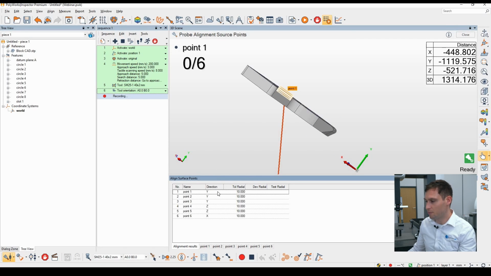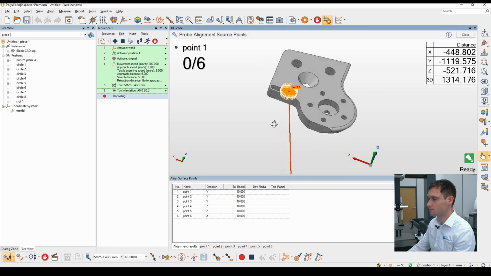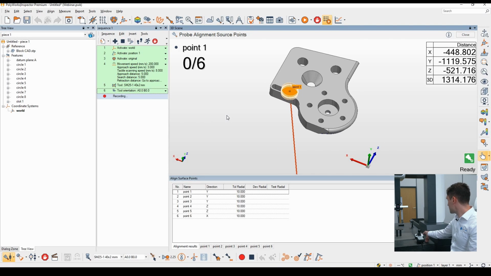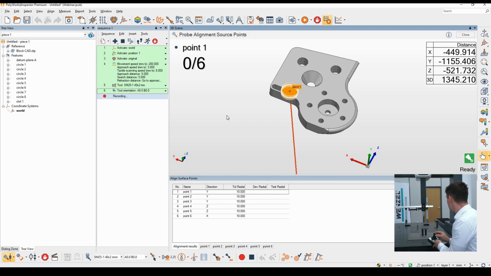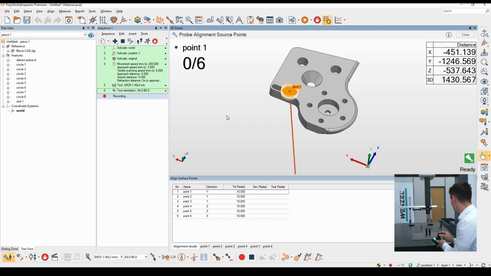And you'll notice down the bottom here, PolyWorks has automatically seen that, okay, it can align my first 3 points by the Y direction, next 2 by the Z, and then the final one by the X. So it's now looking for me to come in and manually take these points. So if I drive my CMM down to my part,